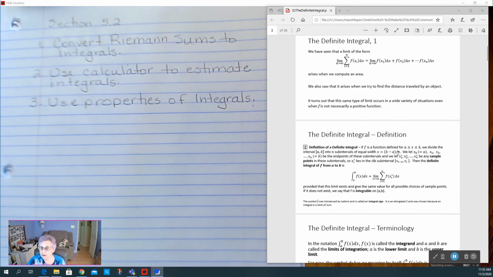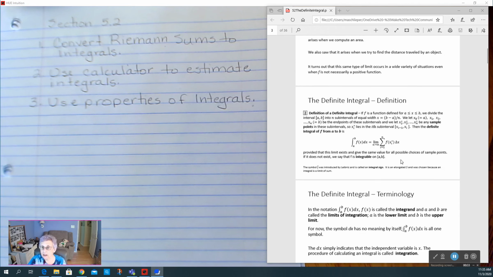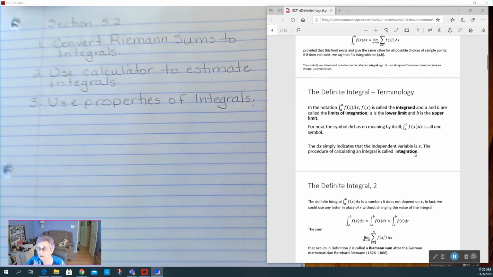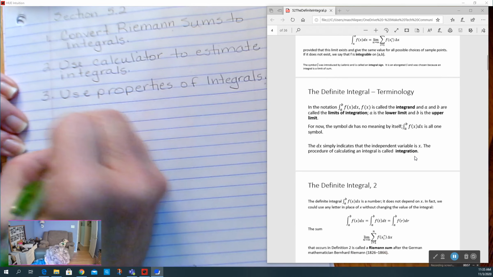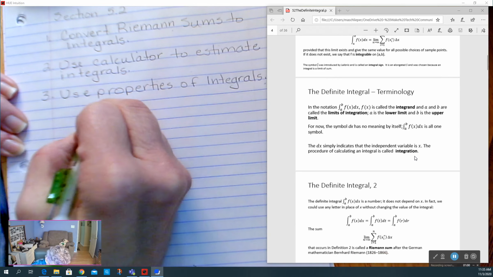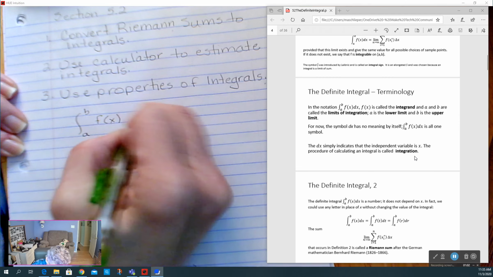So let's start with the definition. A definite integral is equal to that limit as n approaches infinity, where we divide the area under the curve up into n subintervals. So it's a nice way of labeling that area under the curve. Some notation definitions. If we have the integral from a to b of f of x